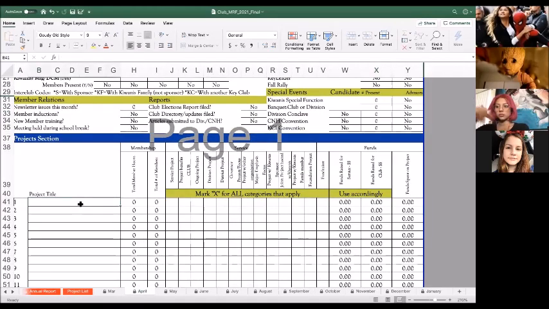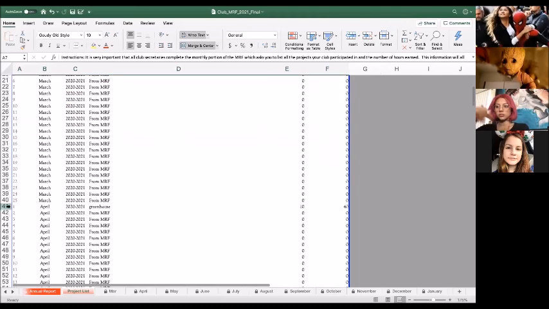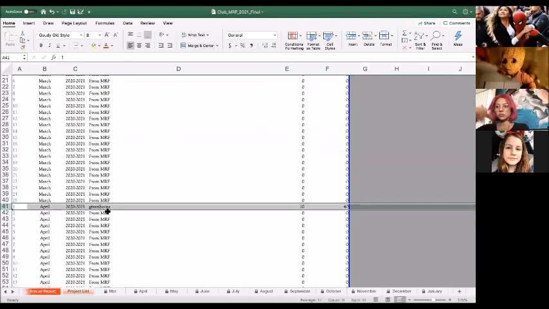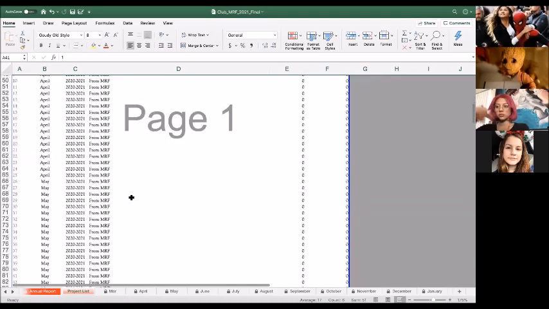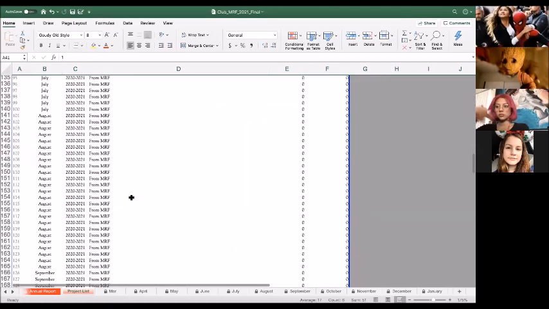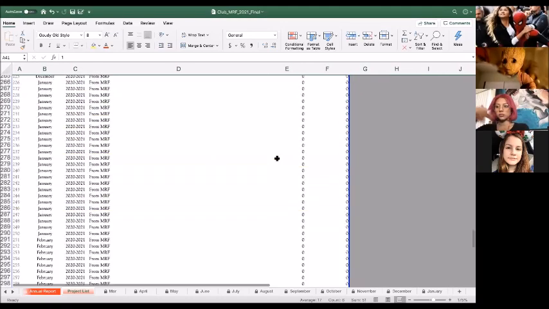Let's say at my club, someone volunteers at the greenhouse in my school, 40 total member hours and 10 members, so 4 hours per member. If you go back to the projects list, for April, it says greenhouse and it has all the information there. So as you update your monthly tabs, if you do it accurately, the projects list will also update itself. And CNH has provided more than enough for all the projects you guys do for the entire term.